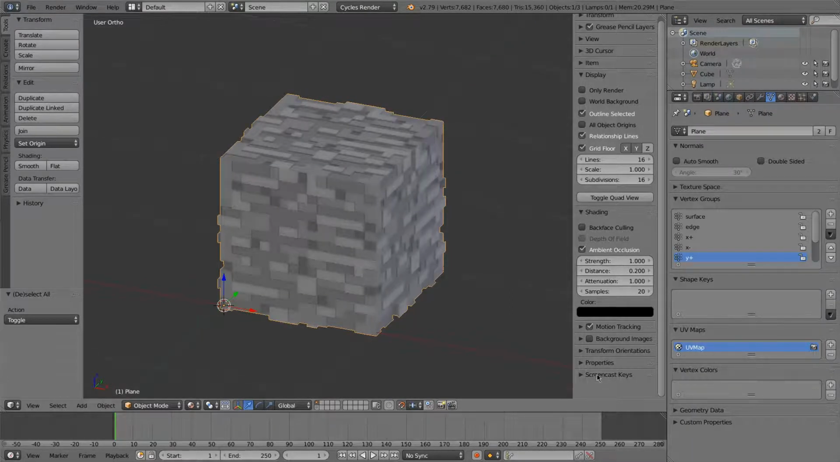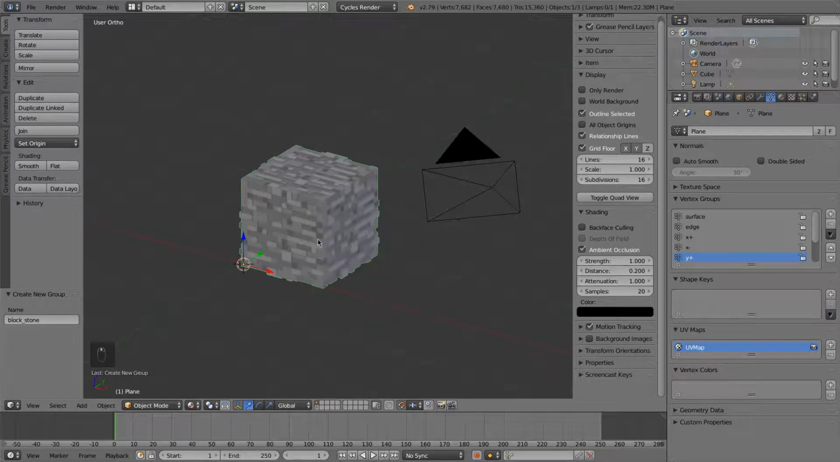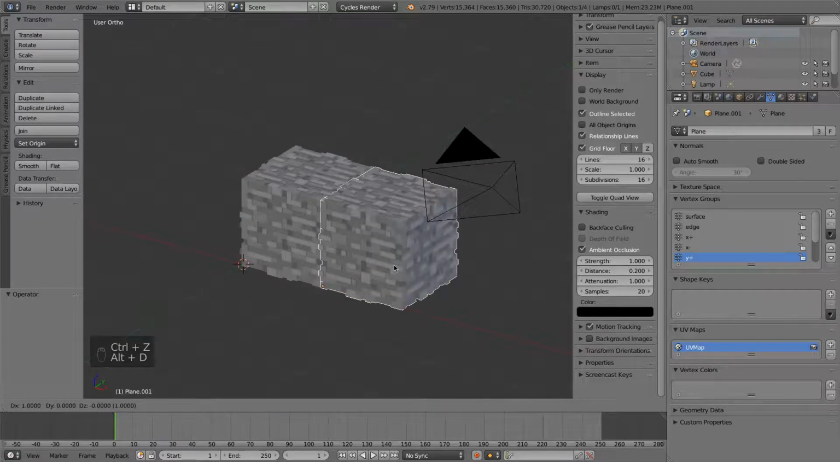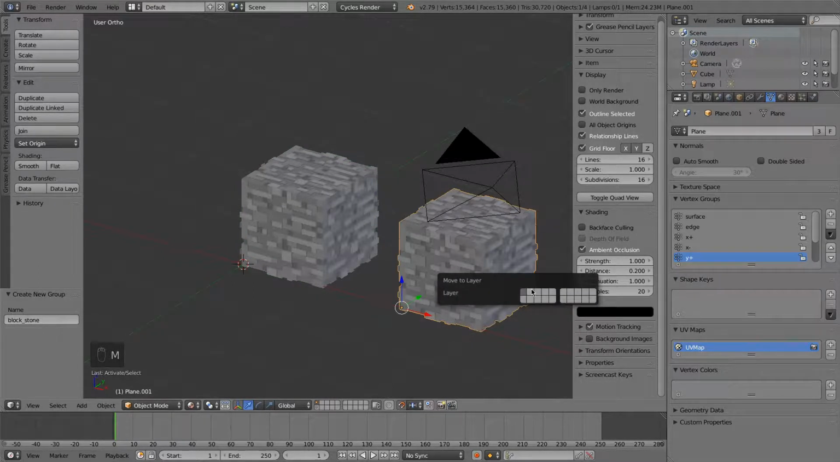First, you want to create a group, and I'll call this block stone. And all we're doing now is setting up our assets. So, actually, let me cancel that. I'll do a duplicate of this first. So now we'll create a group and we'll call it block stone. And then I'll take this and I'll move it onto layer 2,